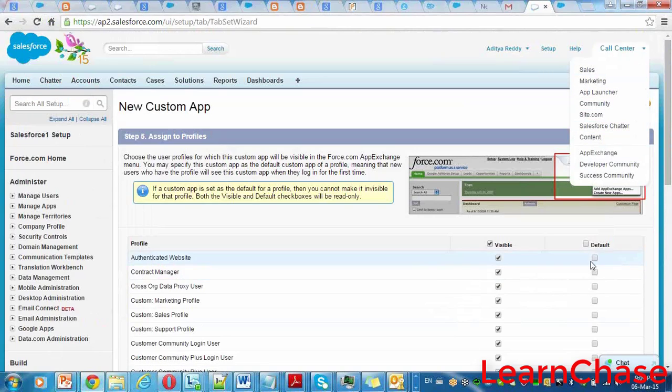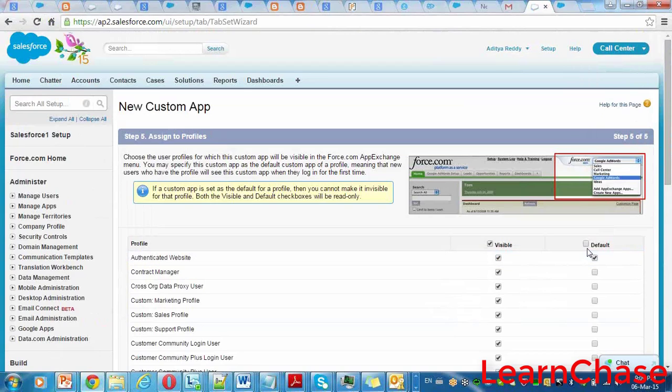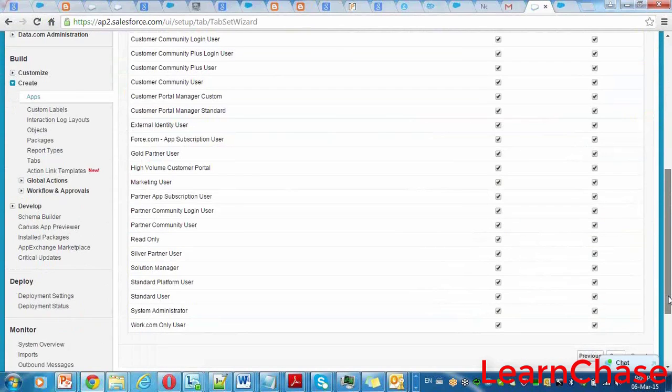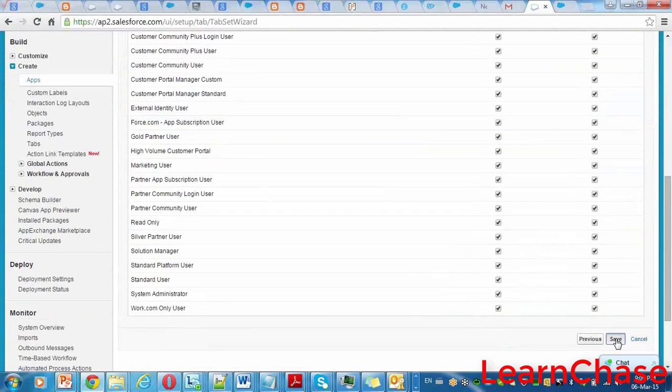I'm giving this as default for everyone, and giving access so everybody can see this application. Now I'm saving this. This is the creation of an application. Now your application is ready for work.